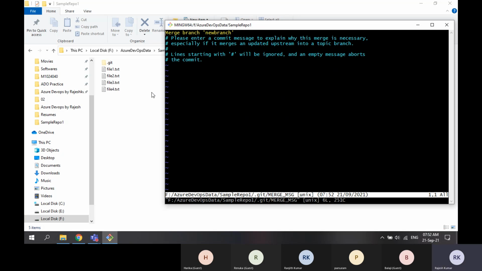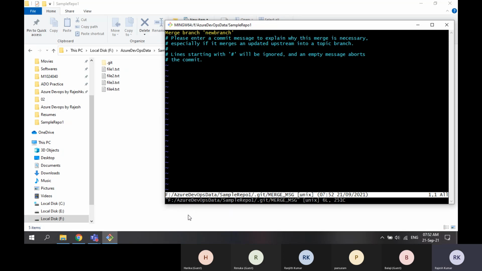So this is called Vim editor, guys. Generally, people will call it VI editor also. The purpose of this editor was to give some message, you can enter it here.